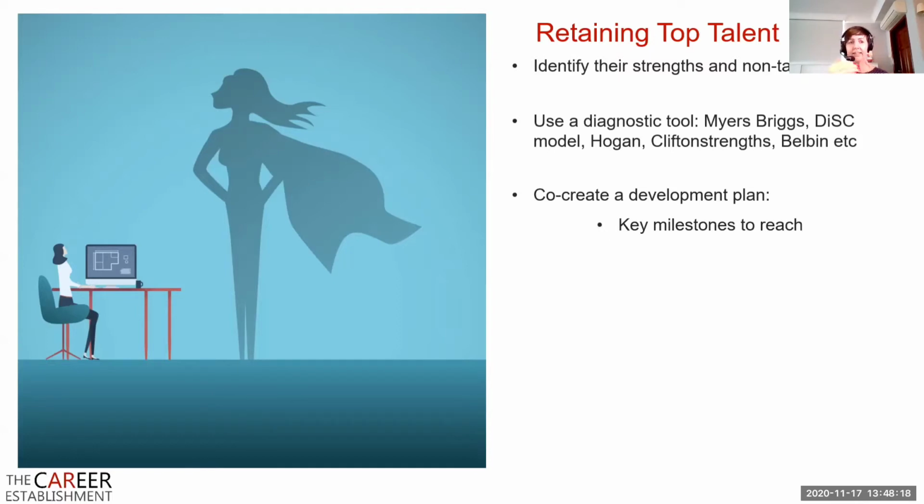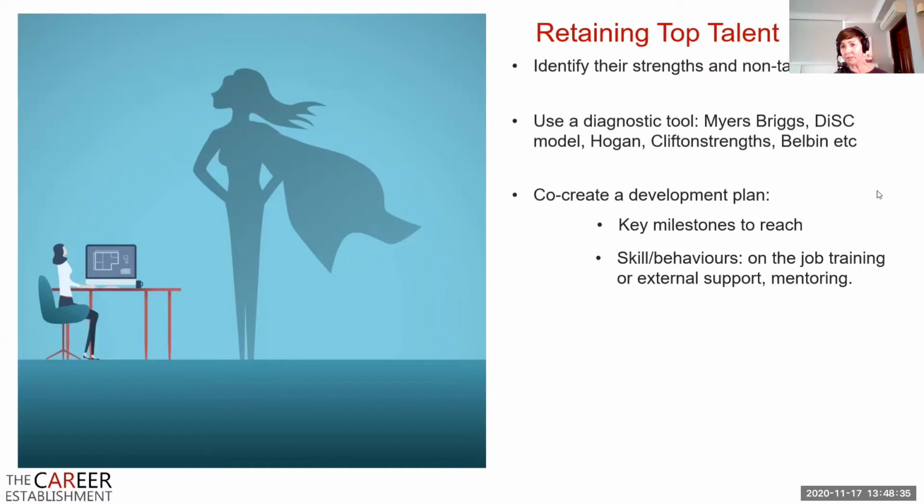It's no good saying, like, in a year's time I want to be here. We need to also put milestones that you're able to check in with them on, getting them to identify exactly where they hope to be by a certain time, through either on the job training that you're providing them. They might be watching you do specific tasks such as sourcing, or you're asking external support, like a career establishment, to come in and provide that support.